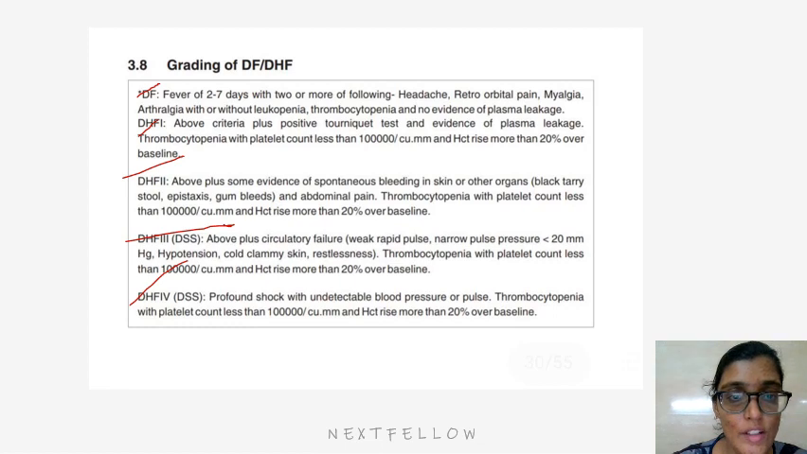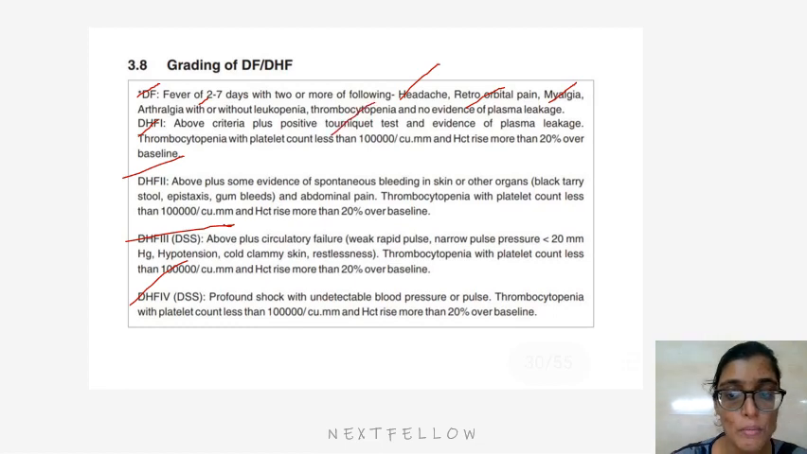So dengue fever is fever of 2 to 7 days with 2 or more of the following. The patient should have either headache, retroorbital pain, myalgia, arthralgia, with or without leukopenia, thrombocytopenia, and no evidence of plasma leakage. The dengue hemorrhagic fever 1, there should be the above criteria: dengue fever plus there should be a positive